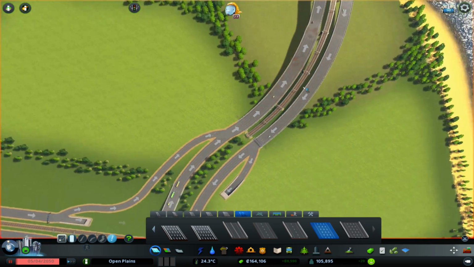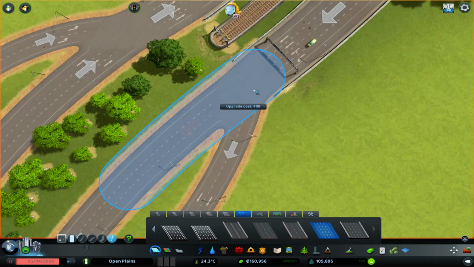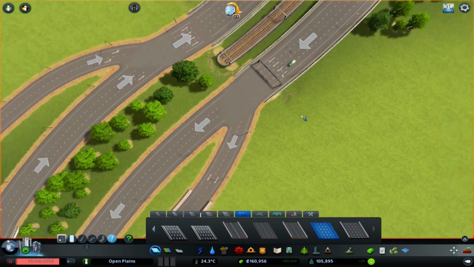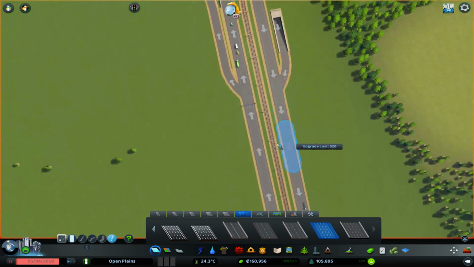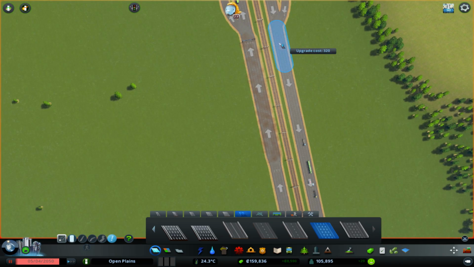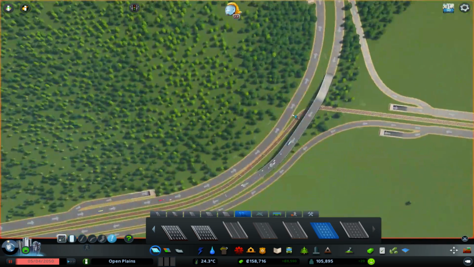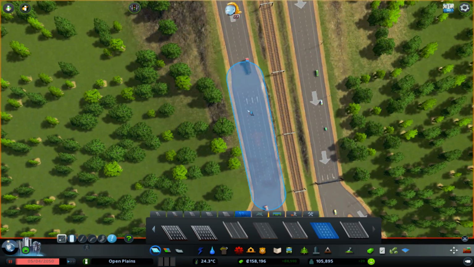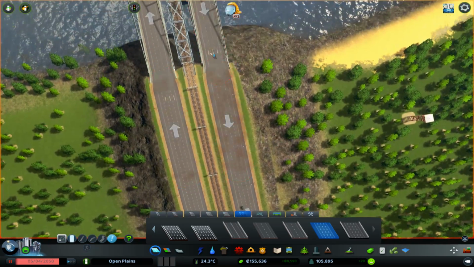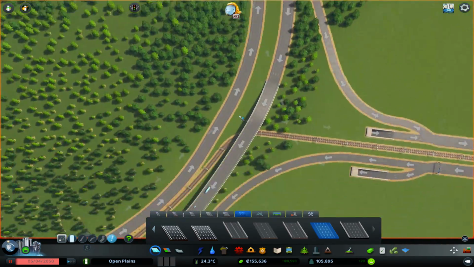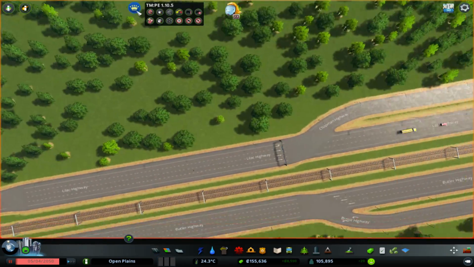Alright, let's do this upgrade about that much, and then this upgrade about... Is there a little stump there? Is it going to be annoying? No, it's not going to be annoying. Good stuff. I don't have to worry about that lot. I don't think that lot's going to need 4-lane. And did I do it over here? Can't remember if I did. I didn't here. Right, we're going to upgrade 4-lane back to the beginning of the bridge there, and then we're just going to make sure that the